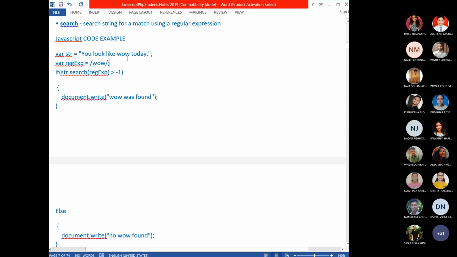It will be the index value of this w. To count the index value, you should start from 0: 0, 1, 2, 3, 4, 5, 6, 7, 8, 9, 10, 11, 12, 13, 14. So 14 will be returned because the match is found at the 14th index position.